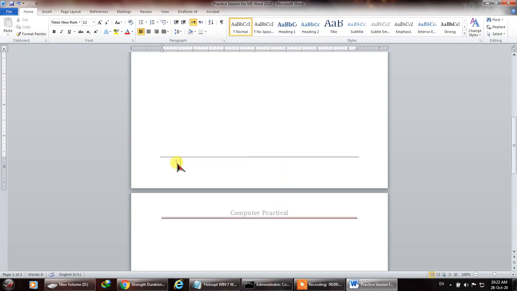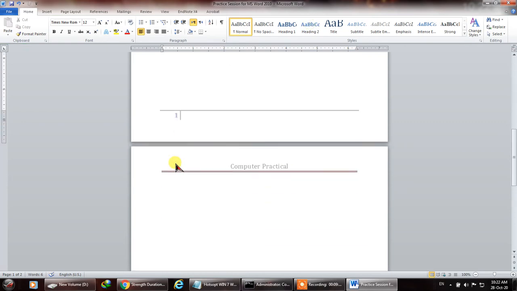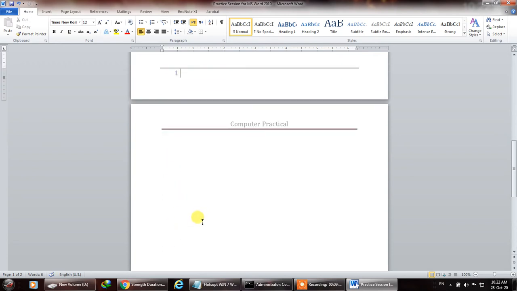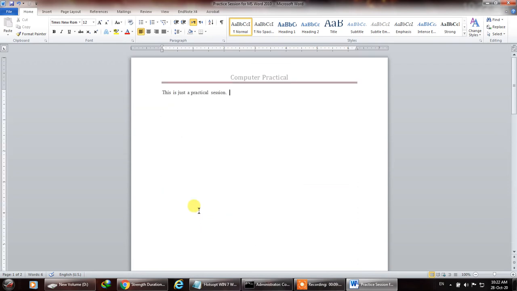Now over here there is auto page numbering for number 1, number 2, and if I move to the next page it will automatically create number 3 and so on and so forth. You can always edit or remove these things.